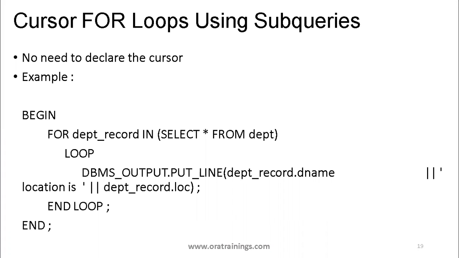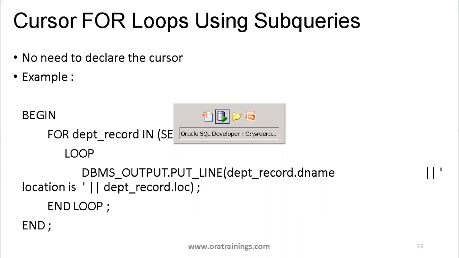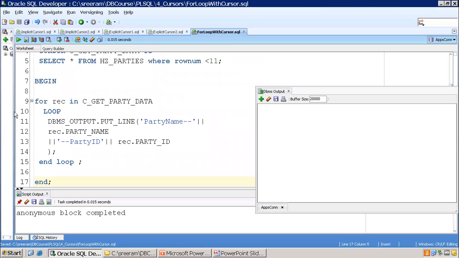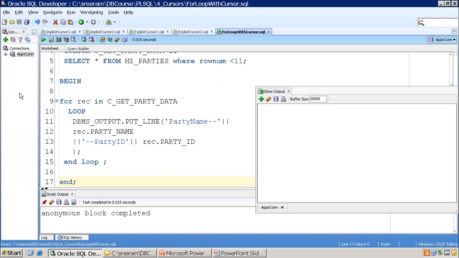Okay, either implicit cursor or explicit cursor. Generally, so far we have seen that whenever you're using loops, we always prefer to use the explicit cursor. But in this example, if you observe, I have written a for loop. In that we just mention a SQL query instead of a cursor name, right? So this is another way of using a for loop with subqueries. It will work perfectly, and this is also one of the ways which most developers prefer to use. So now what I want to do is